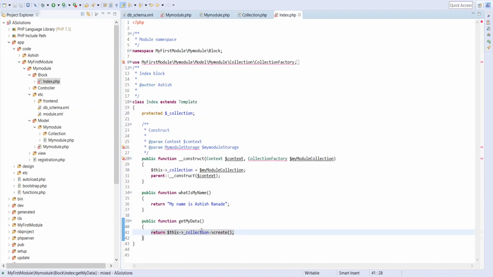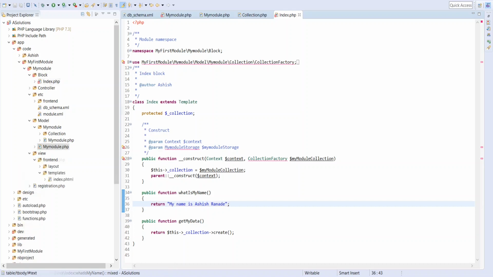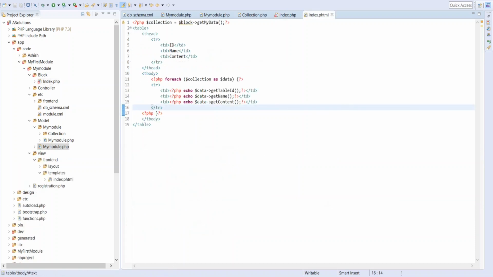Now we need to call this getMyData method in our layout file to display our data. Here you can see I have called the getMyData function and looped through that data.